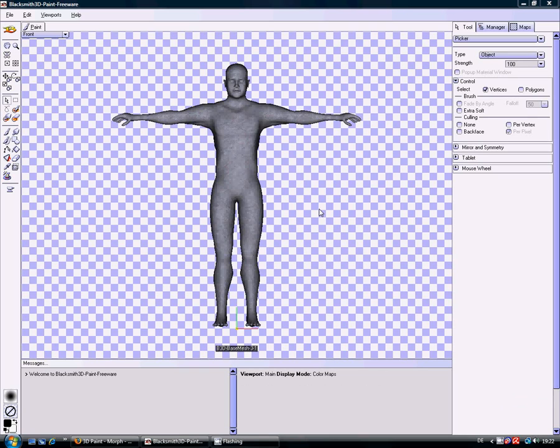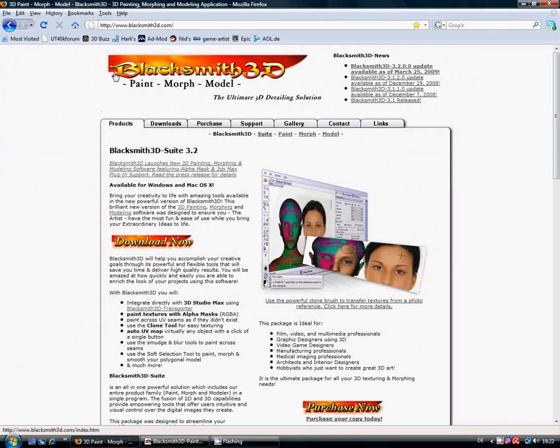damage mask for our land buggy, our wheeled vehicle. As you can see here, this is not the wheeled vehicle mesh, and if you've never seen this program before, it's called Blacksmith 3D Paint, and this is the freeware version. Now, where do you get this? Well, you get it from here,